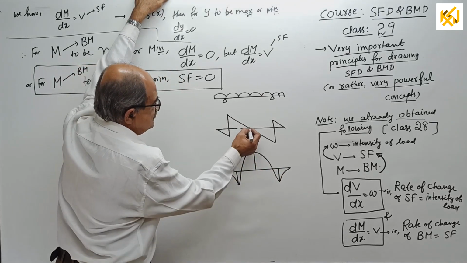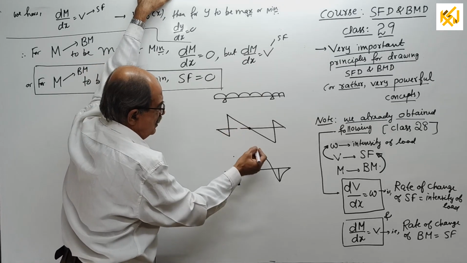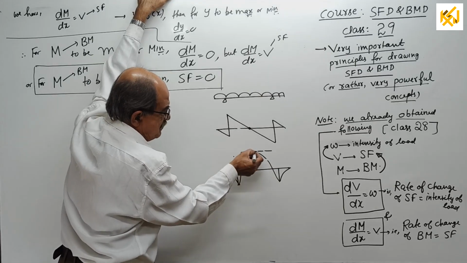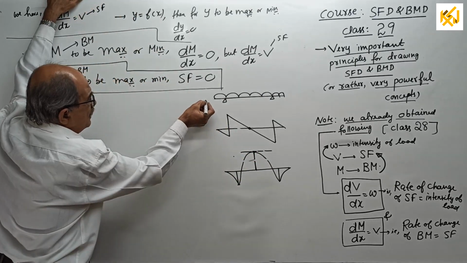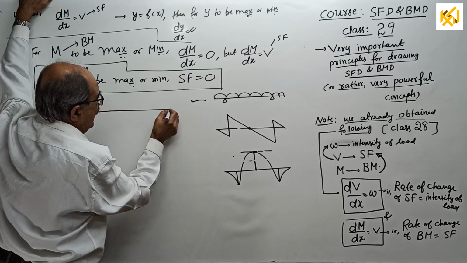Now see here, see this point. This is the point where shearing force is 0. See, that is the point where bending moment is maximum. Correct? Same way, coming to the same case, what I will do now is go for the overhang a little